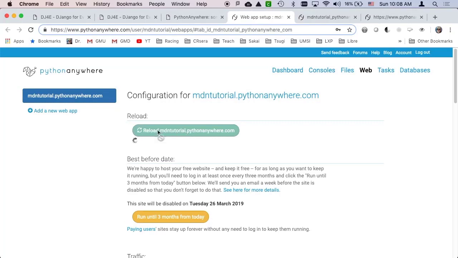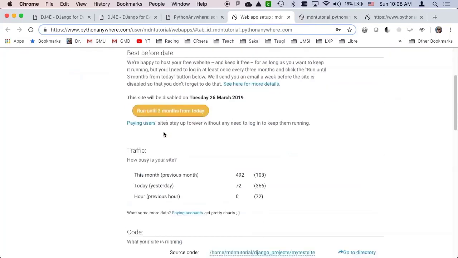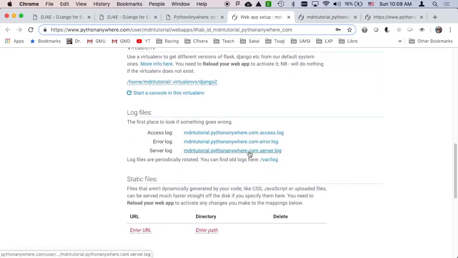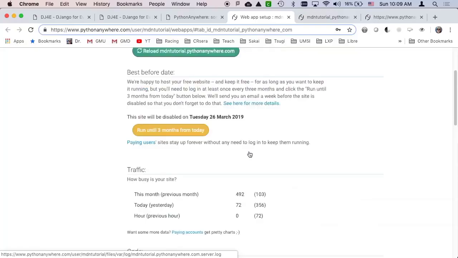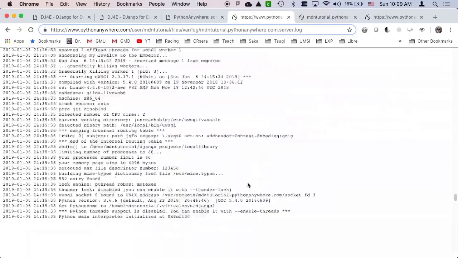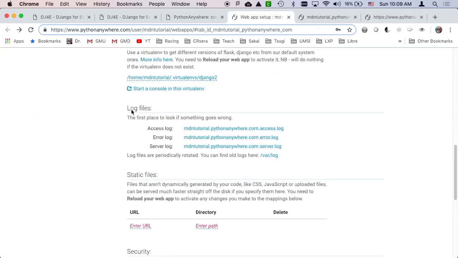to wait. Now, if something blows up here and it doesn't really want to reload well, in this case it reloaded just fine, that's what this server log is. The server log is kind of getting it basically started. And so we got no errors on the server log. Go to the bottom, it doesn't say anything. And this is very talkative, but there's no errors here, right? And so don't worry about that. The error log was the one